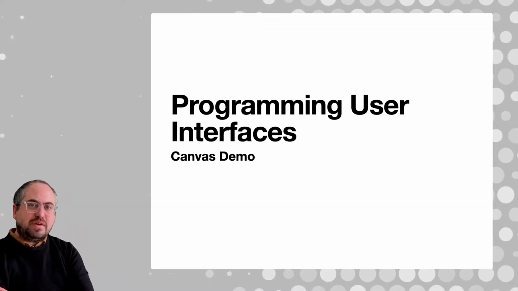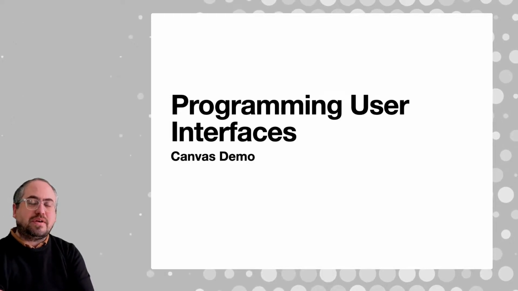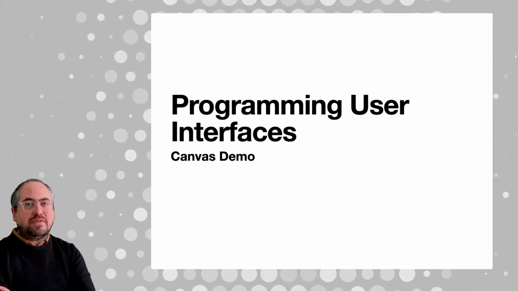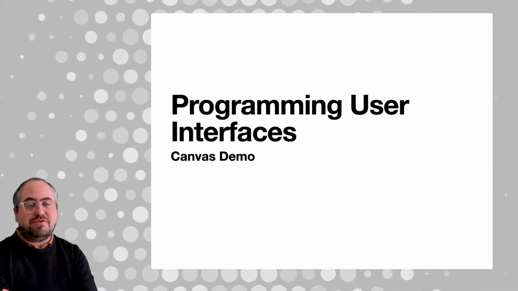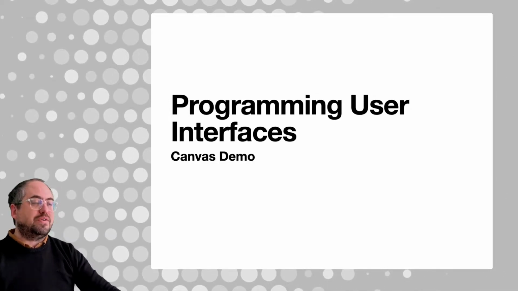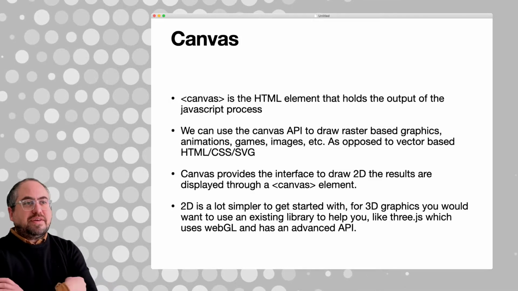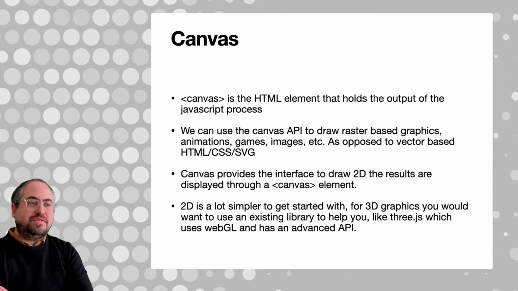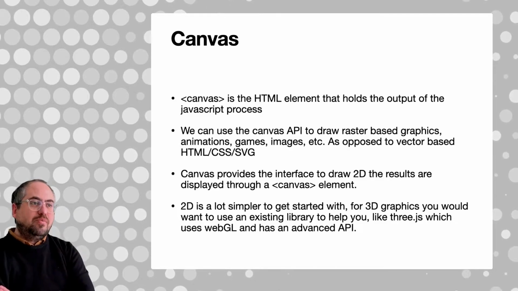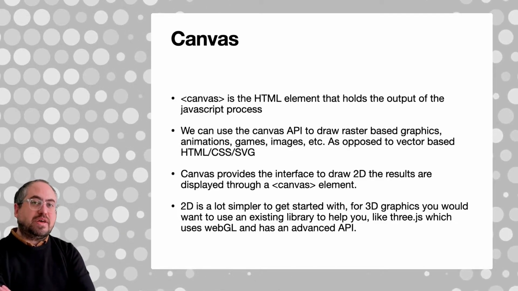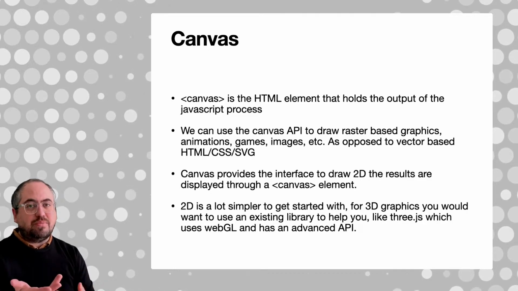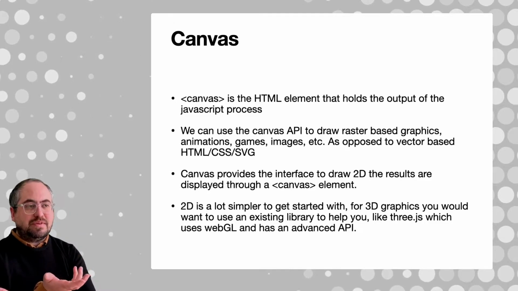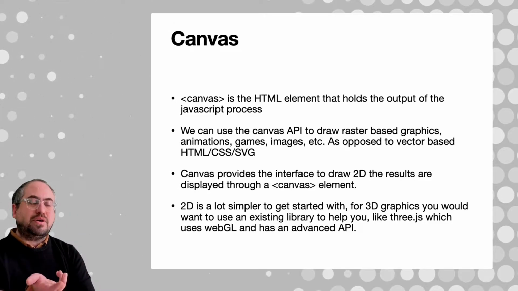Today we're going to be talking about Canvas and doing a Canvas demonstration. Canvas is basically a way for us to do raster imaging and drawing in the browser. So when I say canvas, I'm talking about the actual HTML element. There's a canvas element you put into your HTML code, but really that's just kind of like a display output for this very evolved and developed API, which lets you do raster-based